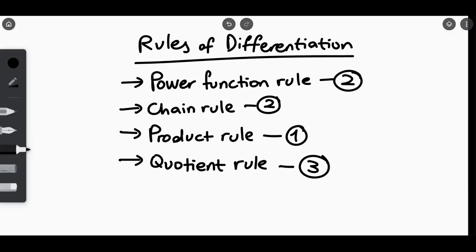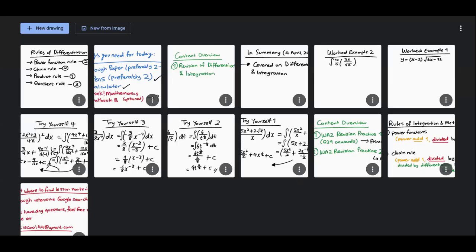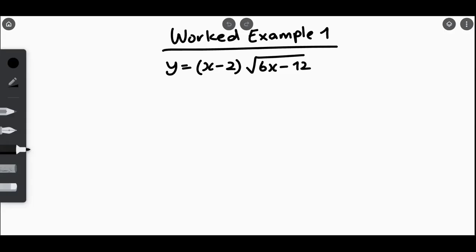Now that we got that out of the way, we need to know how to apply. The first one we want to learn is the product rule. I think you all have seen this before. This is the type of question that will be coming up for the examination. First things first is y equals to this equation, whatever you have learned in school. So it will be u equals, v equals,